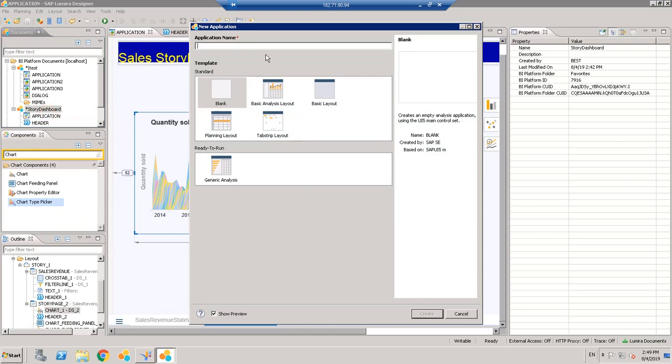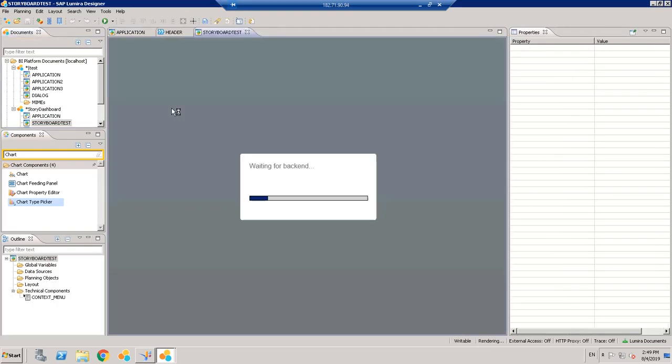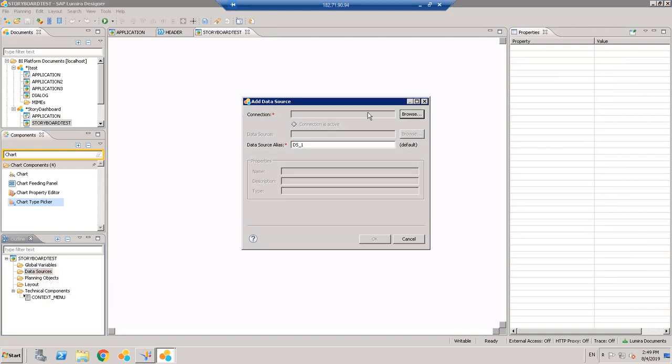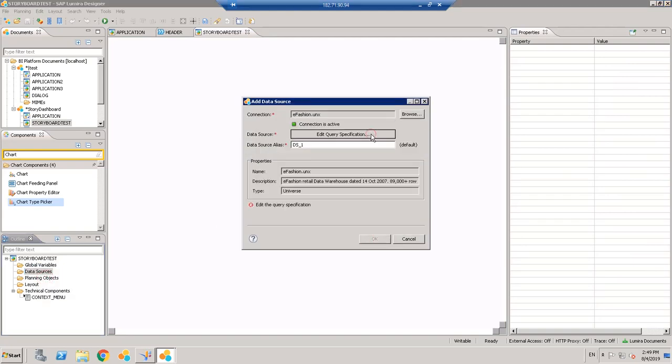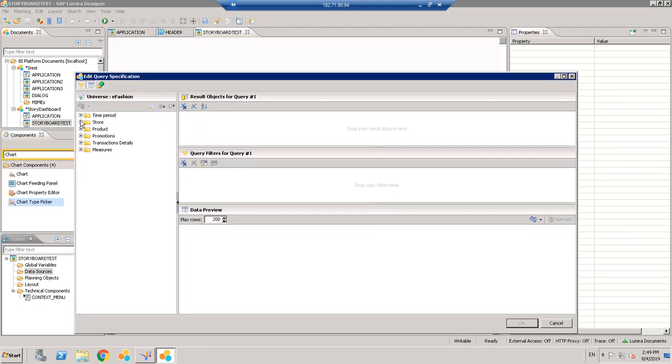So let's create a first application which says something which is storyboard. I'm selecting a blank template. Now the first thing is we wanted to have some data sources, so I will get the data source first. First is with state and city wise sales revenue. So for that I am just adding these objects,